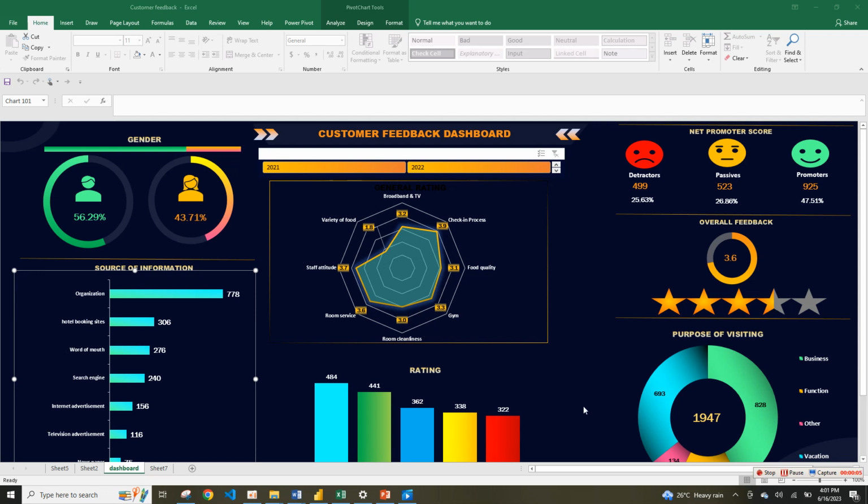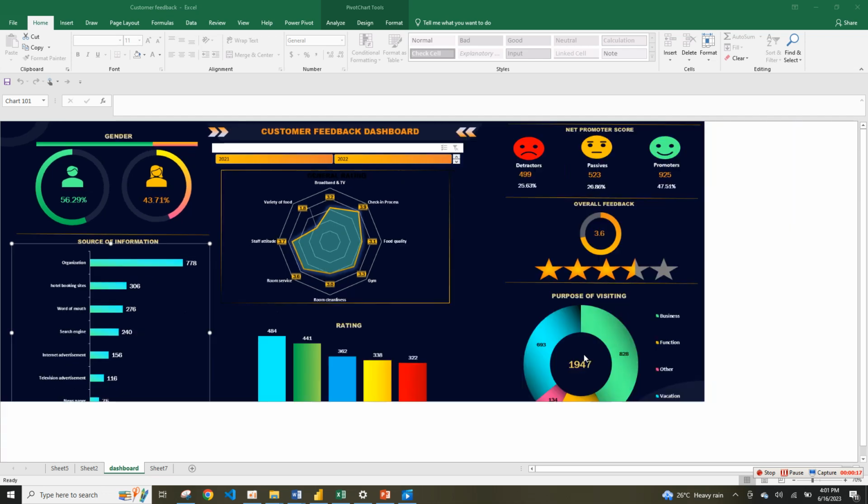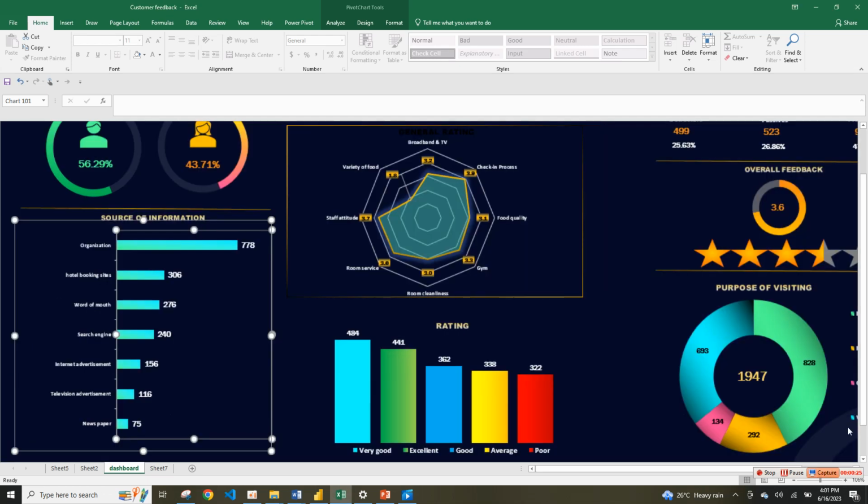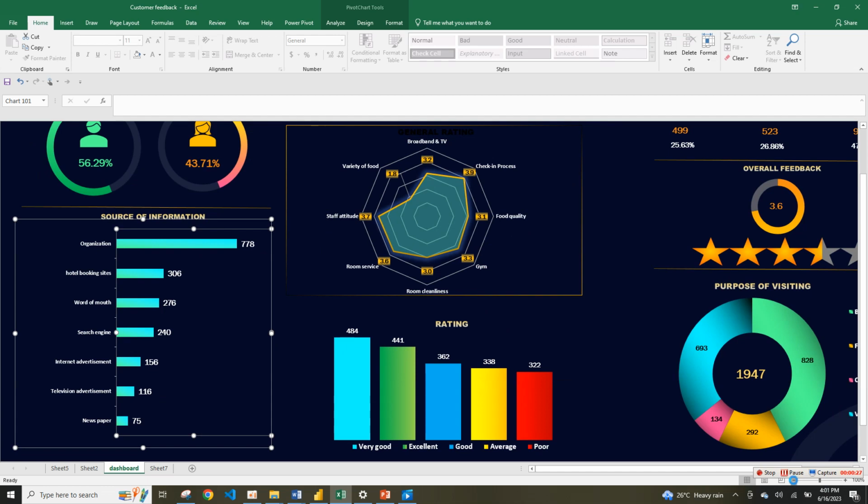Today I'm going to be showing us how I was able to create this beautiful dynamic dashboard in Excel. You can use Excel to create more than just dynamic dashboards, not only Power BI. So this beautiful dashboard, I created it in Excel, and I've also used, what's it called, PowerPoint